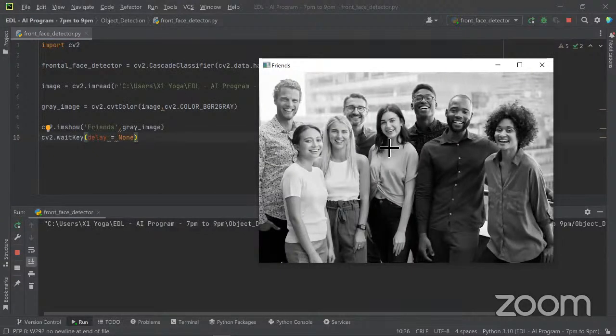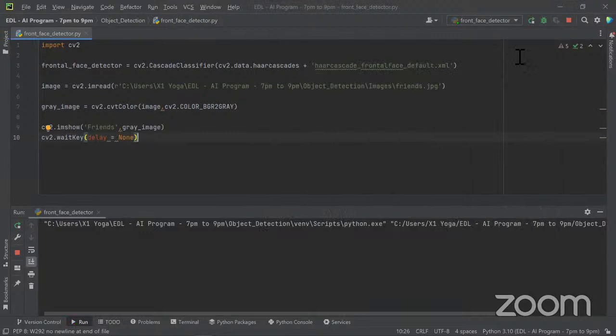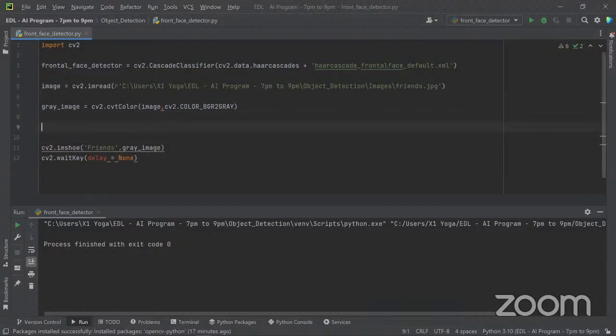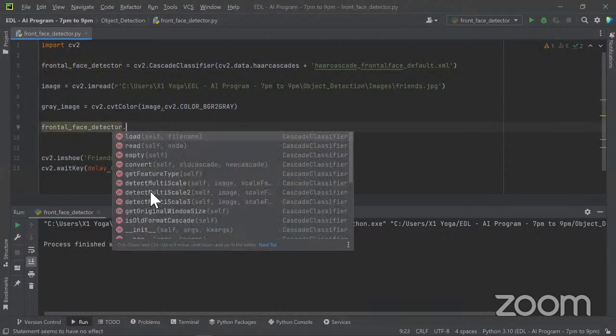Now I take this gray color image and I'm going to create bounding boxes. All right, so that is going to be the next step. I'll be taking this gray color image, and this intelligence I have to give it. So here, if you have this frontal face detector, that's where I'm able to get this intelligence. Now I'm just going to use this gray color image with, dot, sorry, not load, dot, if you see, detect